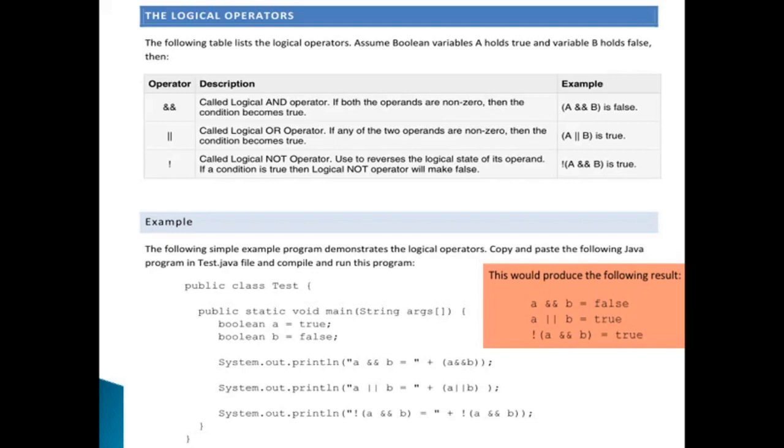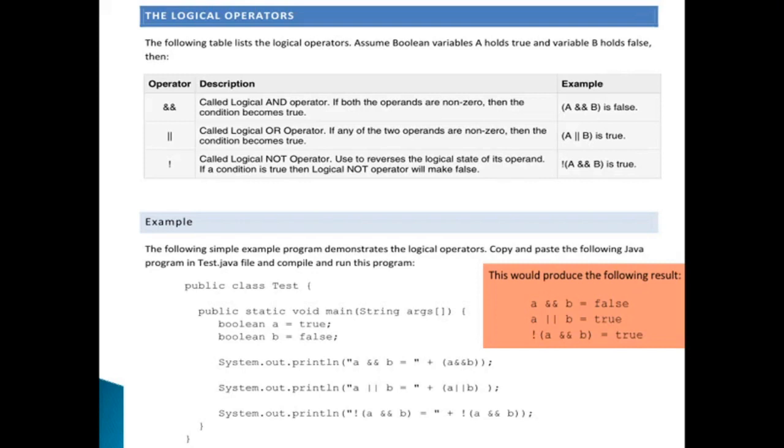We can perform logical AND, logical OR, and logical NOT, which is the negation of a particular condition. Logical AND is performed by double ampersand, logical OR by double pipe, and the NOT operator by the exclamation mark.